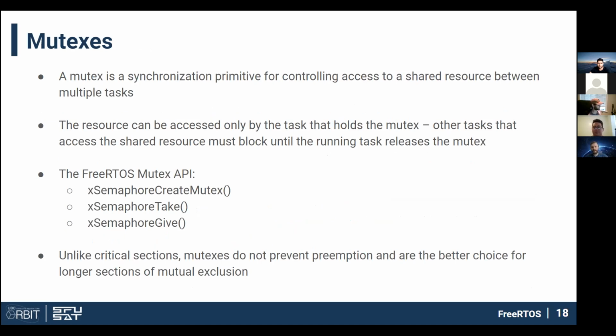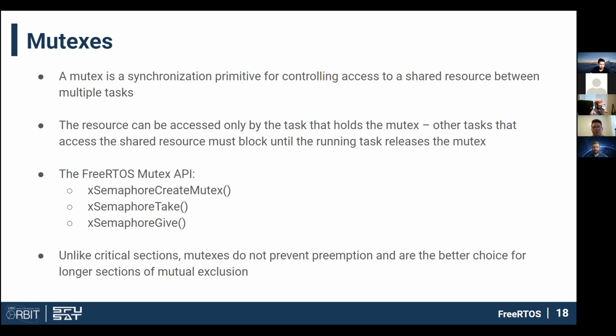Okay, so another way to implement mutual exclusion is by a synchronization primitive called a mutex, which is mutual exclusion, right? So a mutex is essentially a lock. So you would guard some critical region of code by a mutex. Any task that wants to access that code would acquire the mutex. And then if another task comes along and tries to acquire the mutex, it has to wait until the previous task completes its processing. So in FreeRTOS, they implement a mutex as a special case of a semaphore, which personally I don't really like. But yeah, so the mutex APIs are the same as the semaphore APIs, essentially.